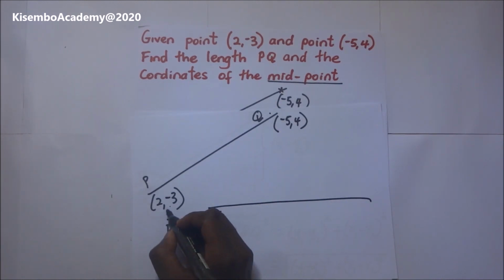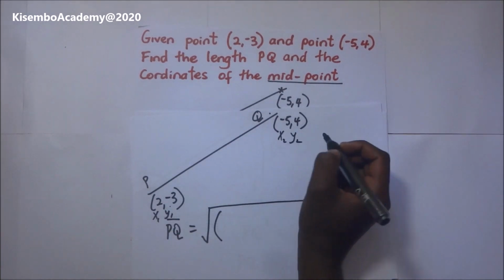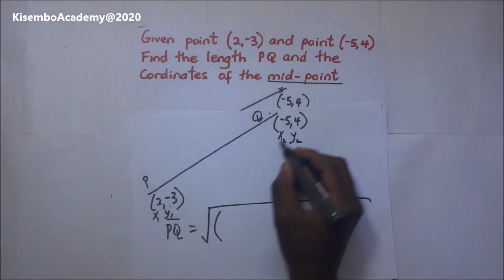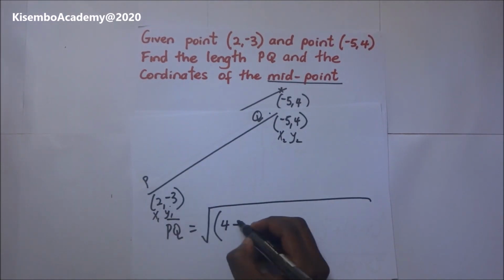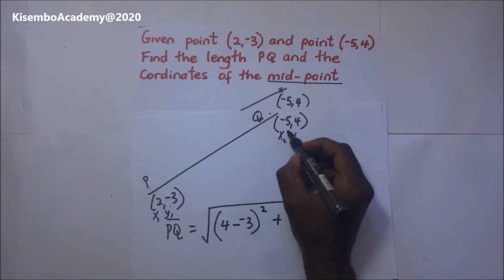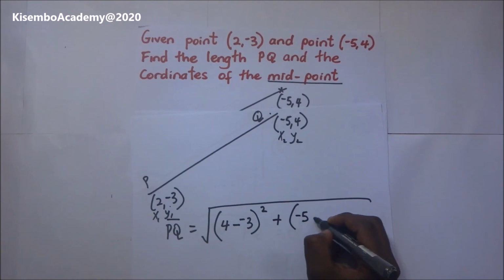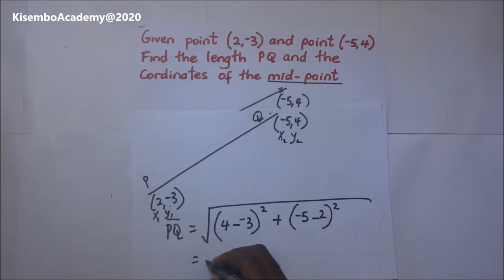Let's call this x1, y1, this is x2, y2. So y2 minus y1 becomes 4 minus -3, squared, plus x2, which is -5 minus 2, also squared. So we shall end up with 4 plus 3, which is 7, 7 squared